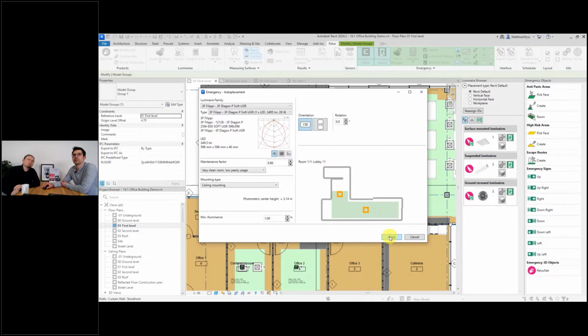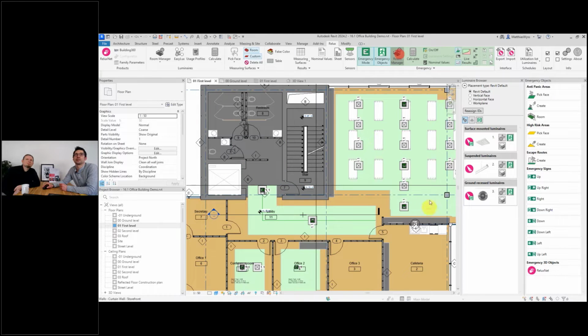This is dynamic. If you want to have a higher minimum value, you get more luminaires. But I guess we need calculation time. Many more. Oh no. Oh, okay, good. Nice to see. Exactly. So we can switch here to the amount we need. Exactly. Good. Then we apply them